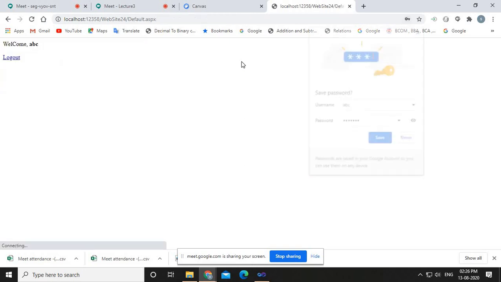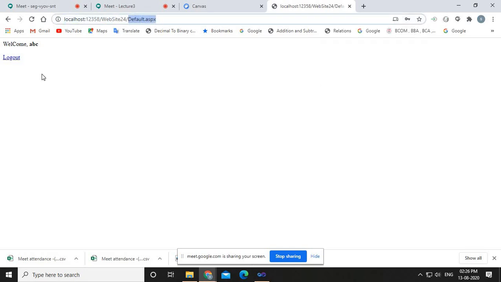Okay, but now suppose this time I'm entering a correct password, automatically you will be redirected to the default.aspx, and default.aspx will show you the name of the user, as well as the link for logout, which will be automatically provided by ASP.NET, right? If you click on logout, again this will be the stage, right? No username is there.